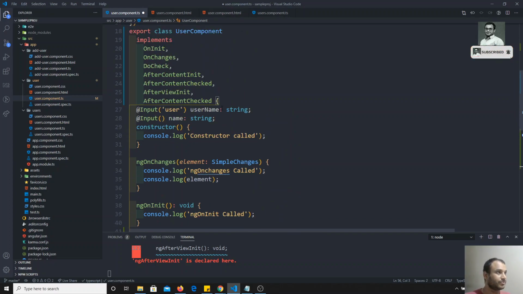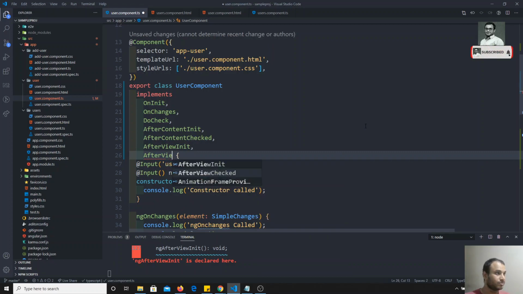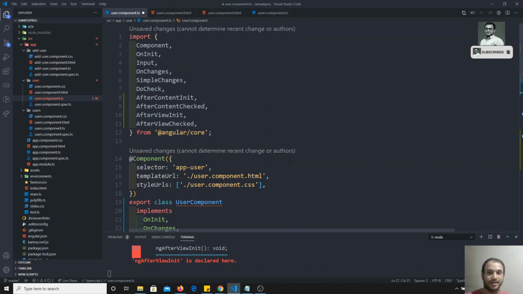And you can write ngAfterViewChecked. Remember that these are all imported from Angular core only.